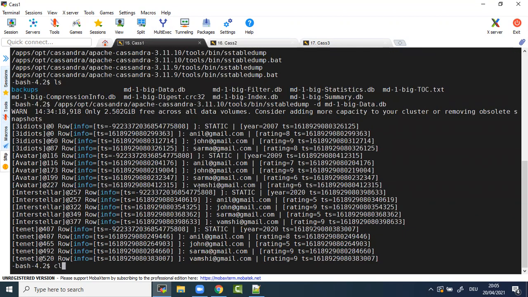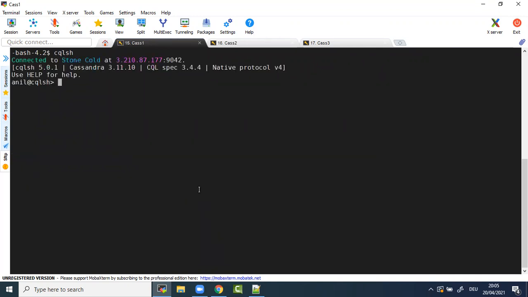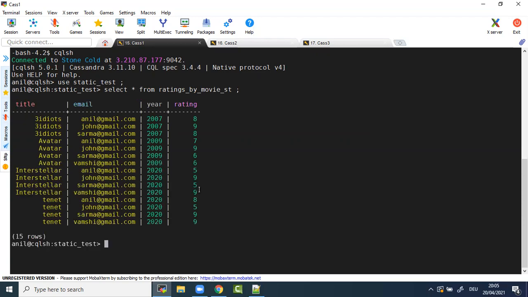Now let's see. Clear. cqlsh is the binary to connect to your cluster. Now, when you have a static column and you want to update it, that's my requirement.